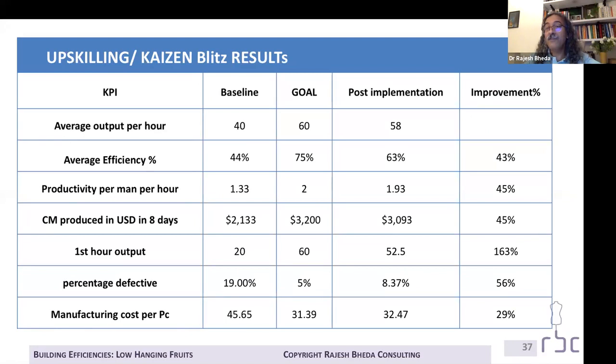In our previous case also we talked about method improvement. Again, the manufacturing cost went down by almost 30% for that particular line. And we are not talking about the entire factory. That's not going to happen in 8 days' time. But this says that as long as we implement these methods scientifically, as long as, what Sanjay said, very important,